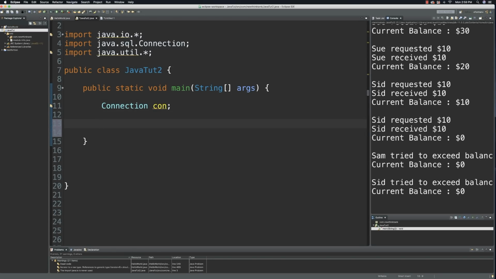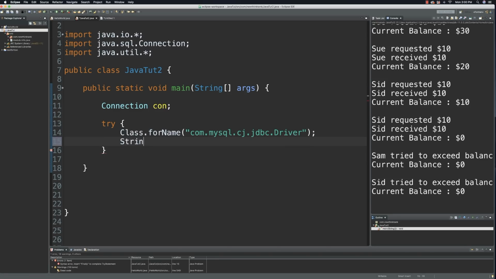So what we're going to do here is inside of try, anytime you're accessing the file system, you're going to want to use a try block. What we're going to do is we're going to go Class.forName and com.mysql.cj.jdbc.Driver. Now what you want to do is provide the URL that you're going to assign to this. So this is going to be so that you can access the student database, and that is MySQL localhost and students to be specific. String, you're going to have the user defined, and that's going to be the SDB admin,